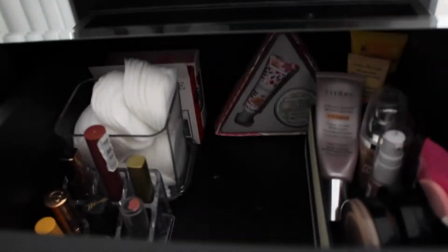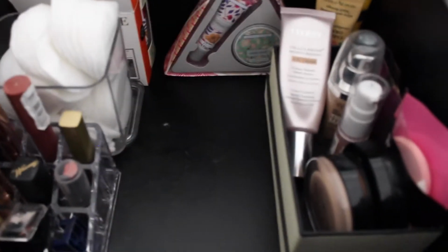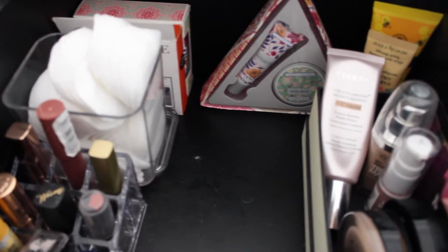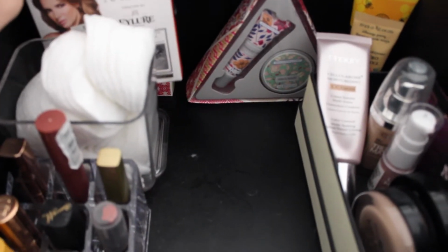And then in the top drawer here, this is where I keep the rest of my very limited makeup collection. But I use all of it and I love all of it, and that's the key. Needs to spark joy, doesn't it, as Marie Kondo says. So at the back I've got some spare